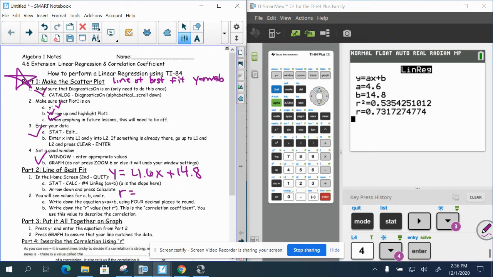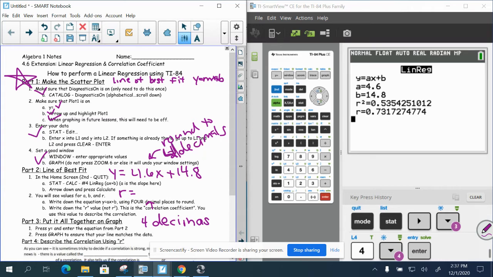So usually your m and your y-intercept, you're gonna round to 2 decimal places. But then your r value, you're gonna do to 4 decimals. Actually, hold on a second. What did I say here? Write down the equation y equals ax plus b using 4 decimal places to round. I'm sorry. Well, let's just stick to 4. So round everything to 4 decimal places if needed. If not, then you just do what's there if it's just to the 10th place. So we'll do 0.7317,